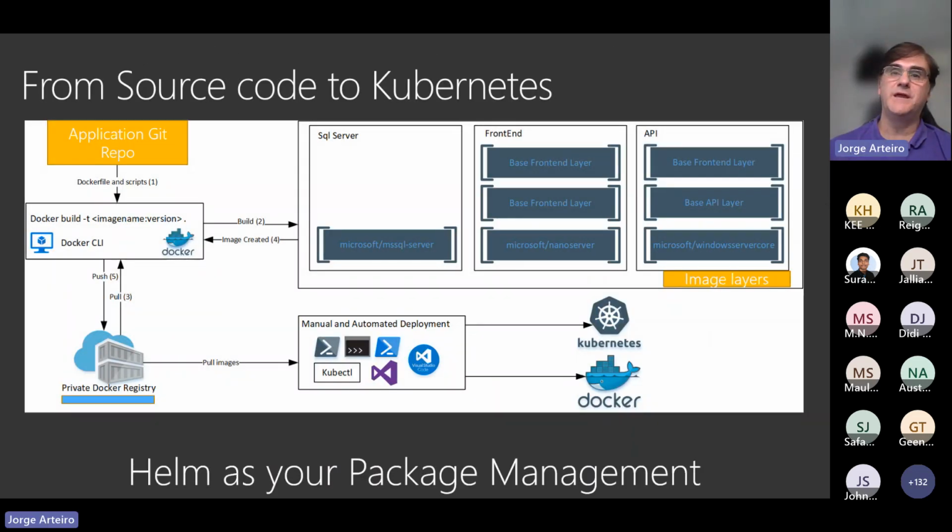What do we do with this container image? We save these with something called a container registry. Like GitHub, where you save your code, you push your code. A container registry is a place where you push your container image, your Docker image. You push your kind of deployment package where you're going to run this container.